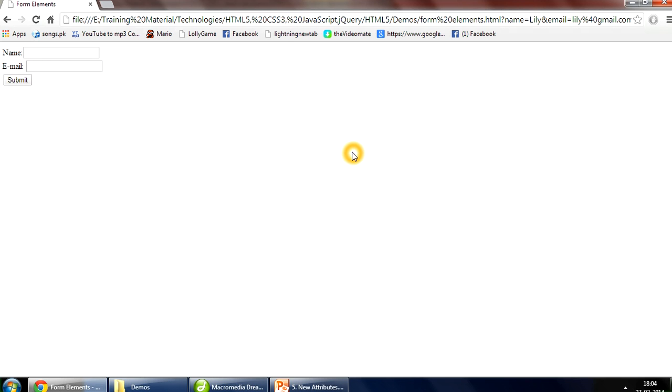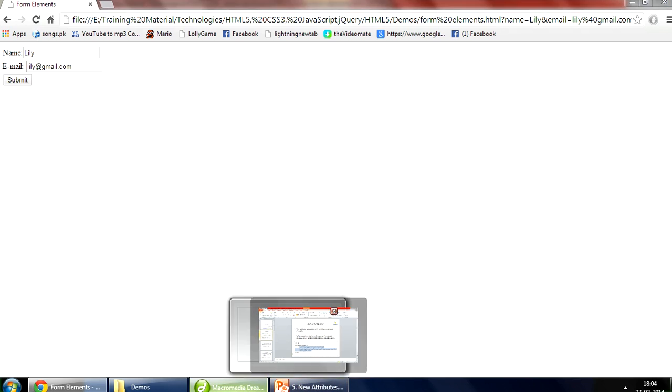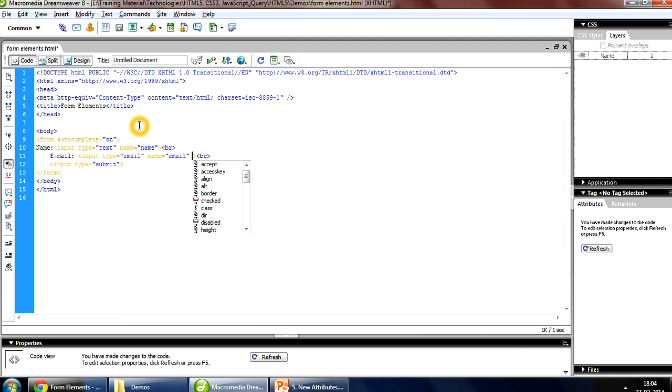So again, when you refresh your page or whenever you open it, if you click on this, you can see in a drop down type of thing your previously entered values over here. But in some cases you do not want that value to be stored. So for that you can just make the autocomplete false.